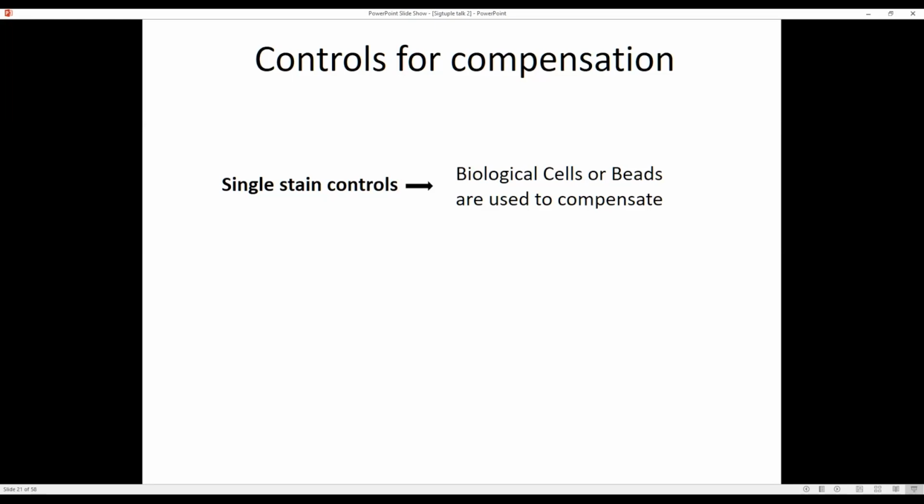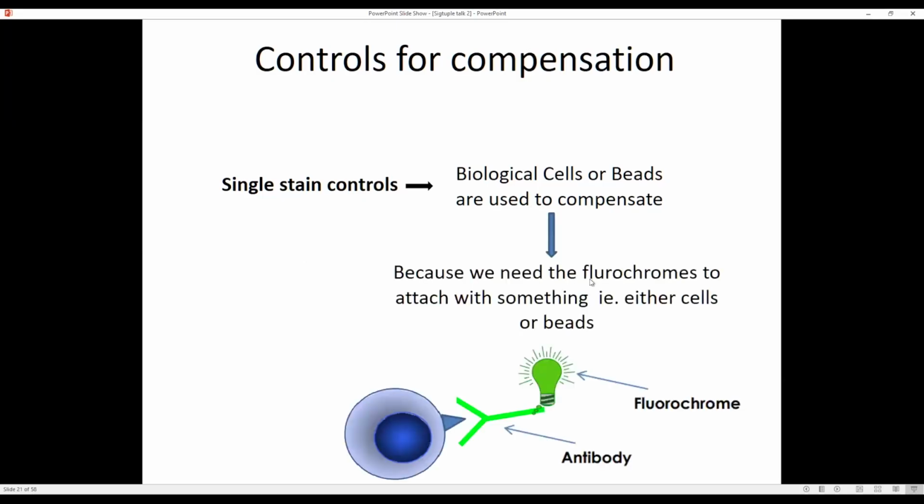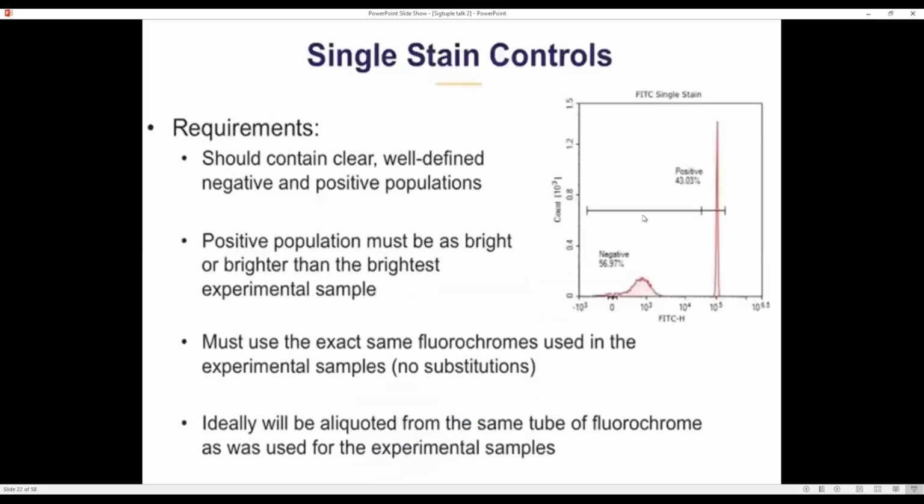You cannot run them. So the fluorochrome has to be bound to an antibody and it has to be bound to a particle, which has to go through the flow cytometer. The particle could be a cell or it could be a bead. A bead is a fluorosphere. So you can use biological cells or beads and antibody to do the single stain controls. Okay. So fluorochromes cannot be directly sent into the flow cytometer. It has to be bound to an antibody and this antibody has to bind to a particle like a cell or a bead. And there are certain important points which you need to consider